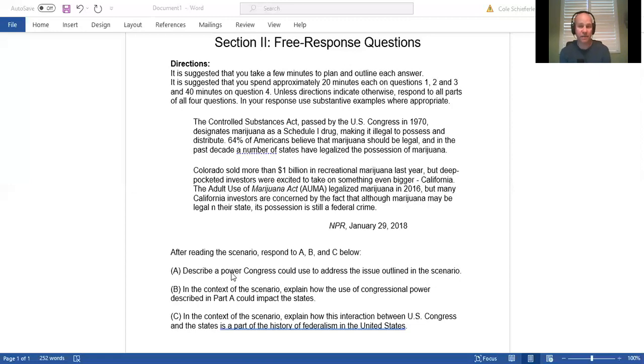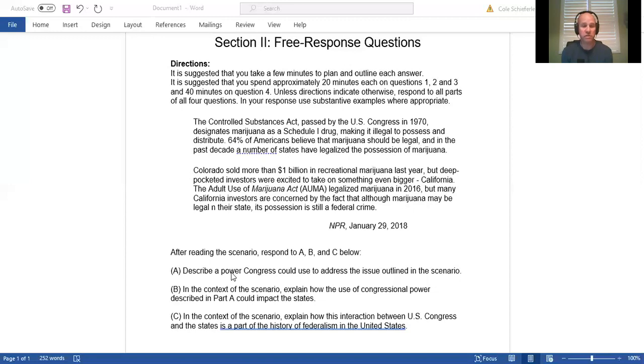So we've identified the power now. What does that mean? Power of the purse means Congress gets to appropriate all money that the executive branch gets to spend. So every single government agency that enforces government laws has to first get their money appropriated from a congressional agency. That's what we mean by power of the purse.